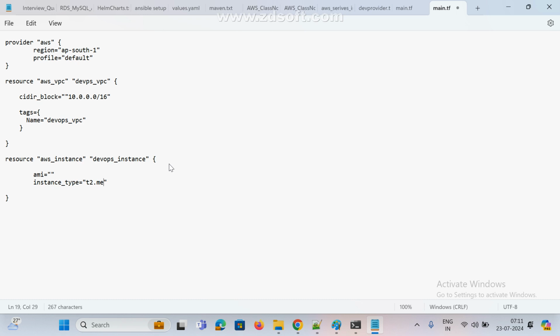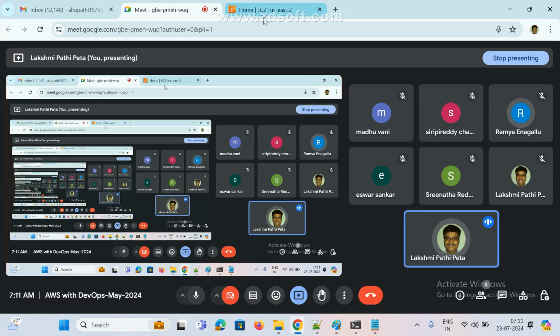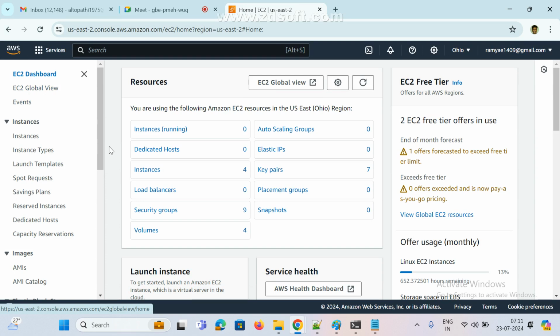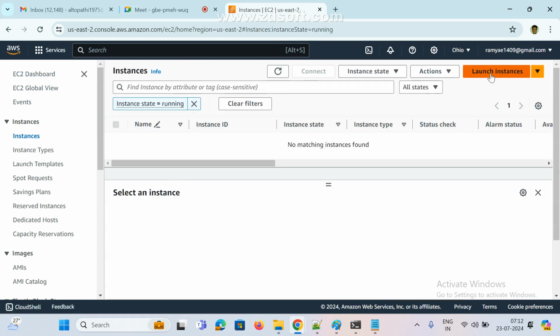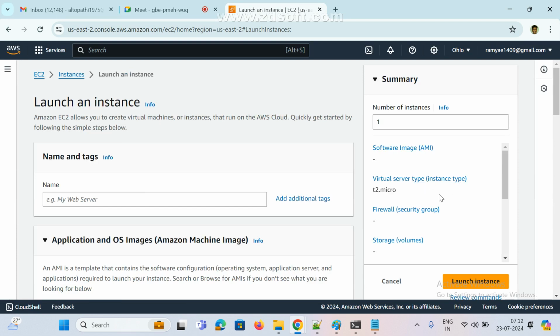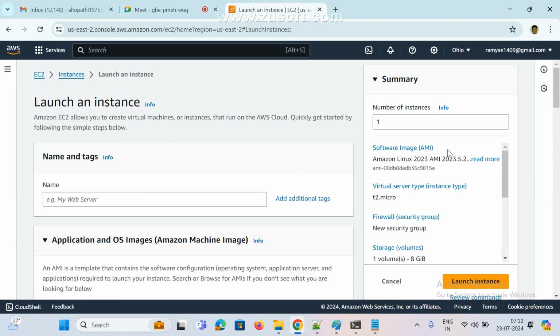Micro. We need to get the AMI from AWS only. I am hardcoding right now. Later, if you want, click on launch instance and get whatever you want. This is my AMI.